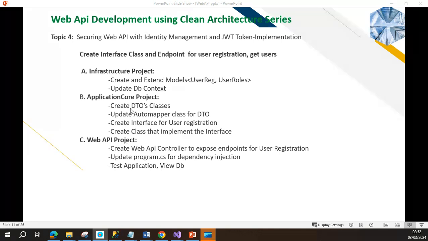In the application core, we shall be creating some DTO classes, updating auto mappers, interfaces, then consuming those interfaces, and the rest of others. So for the web API, we'll be creating a controller that will consume the interface and at the same time expose the endpoint for us to be able to create user. So please stay tuned